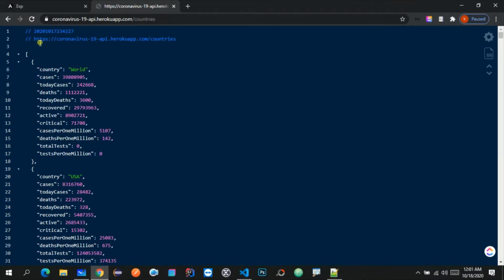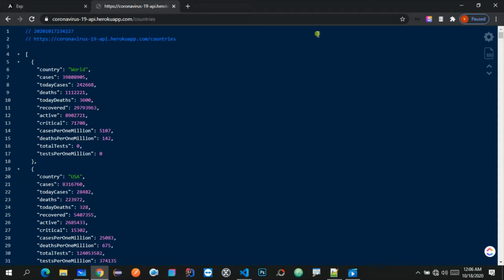This is one API, and this is one GitHub API. So you can use this API and use this information for your knowledge. The main motive behind creating this particular application is to get some knowledge and idea about how things are going on worldwide and country wise as well.